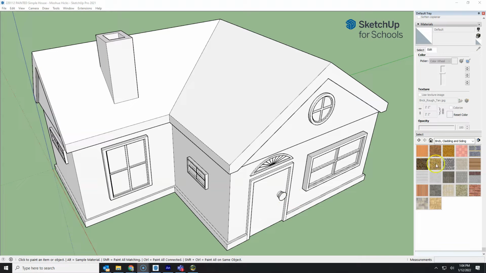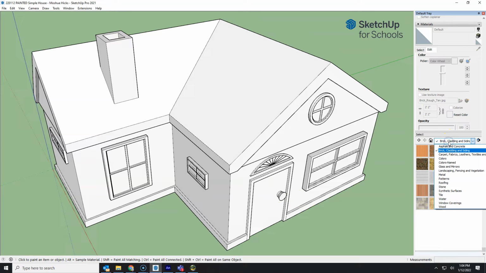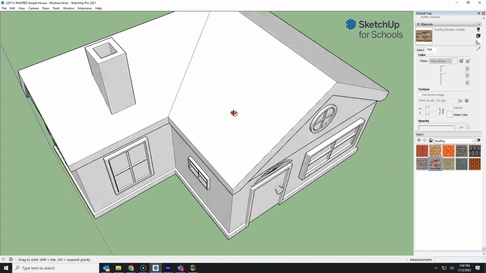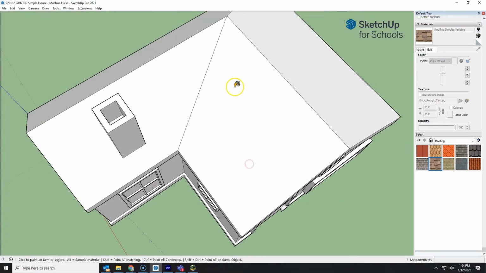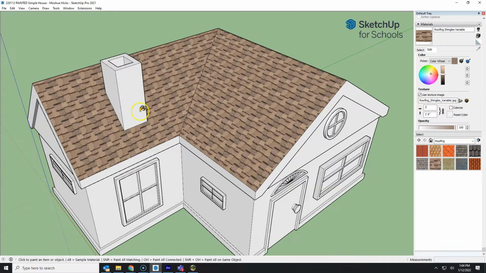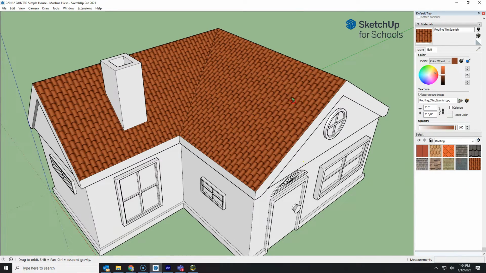Okay, so now I'm ready to paint this house, and I'll start off with the roofing, and you can just try out whichever one you like. You can change your mind afterwards very easily. Main thing here on the first pass is to just decide which faces are going to be painted with the same thing. It's very simple then later to just shift and click on one of those and they'll all change